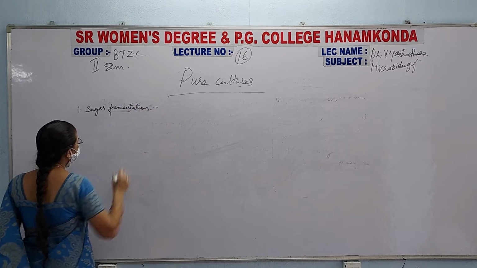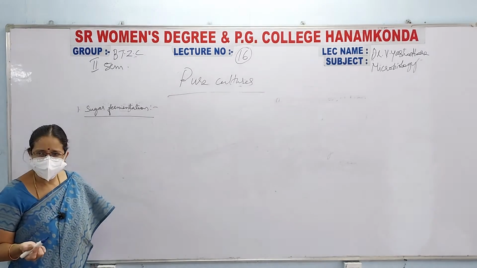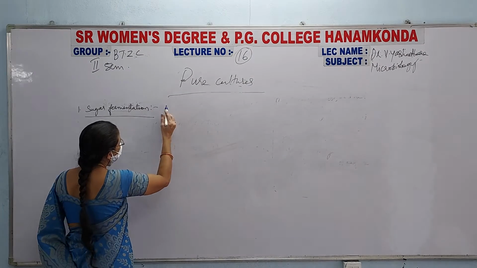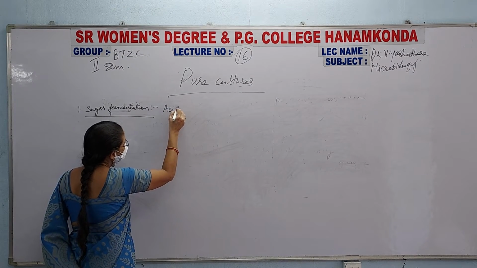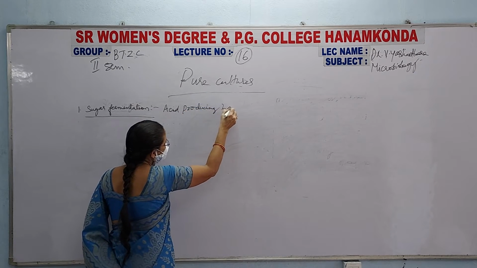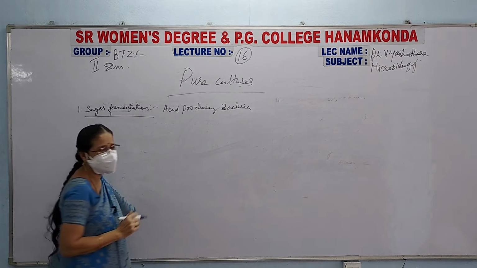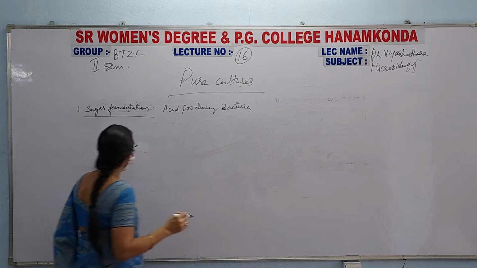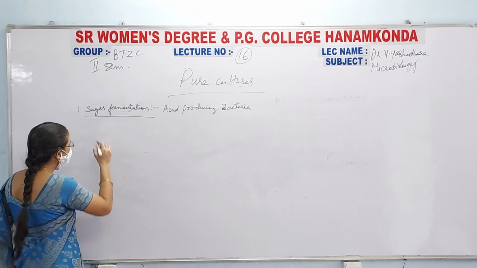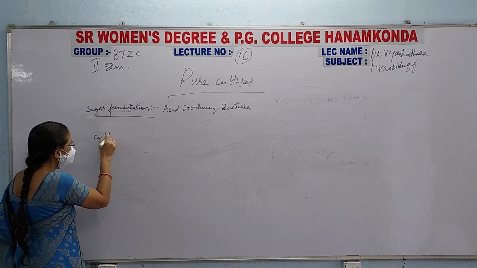The first test is the sugar fermentation test. In this sugar fermentation test, you will be identifying that during fermentation acid is produced. This is also known as the identification of acid producing bacteria. For this, see here, what you have to do is take your bacterial culture or take your culture medium